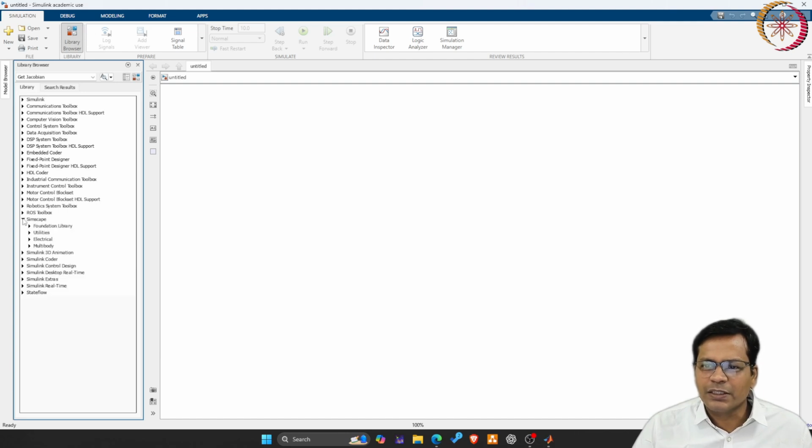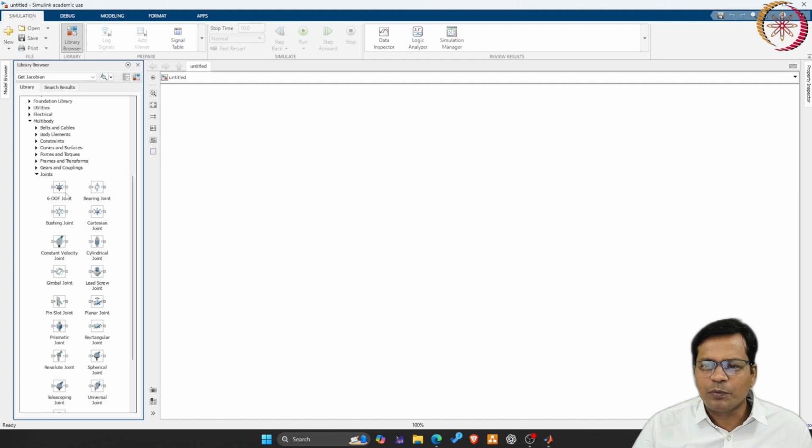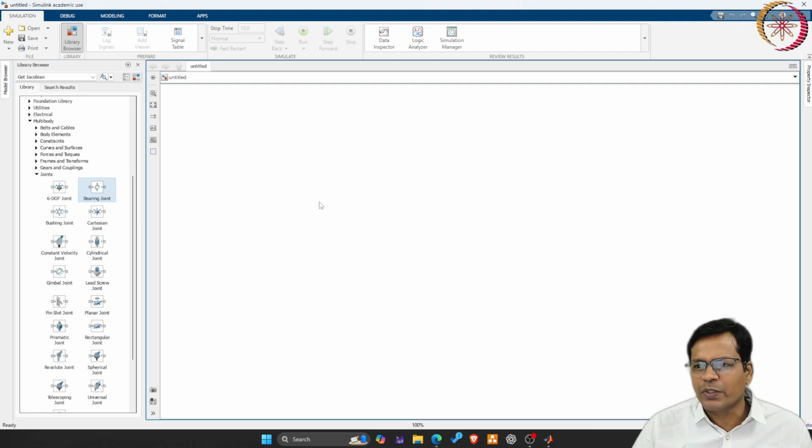This is the Simscape environment, where you see a multibody toolbox with multiple joints, different types of joints. They can be just dragged and dropped into the blank space so that you can create the system using the joints and the links.